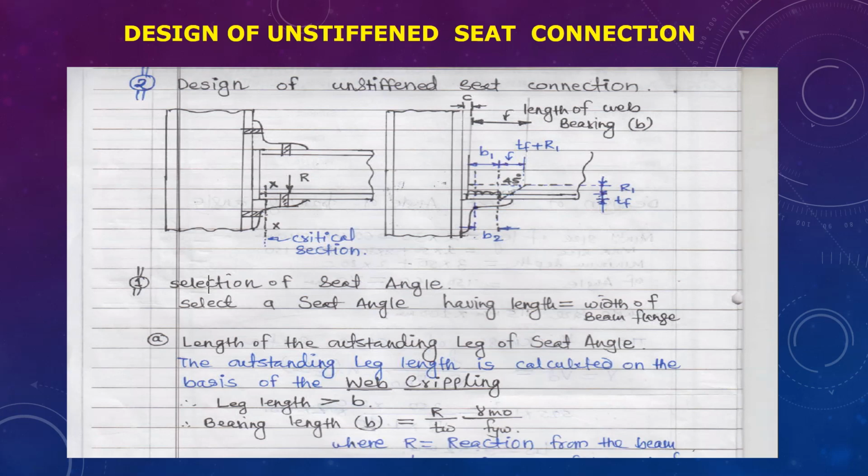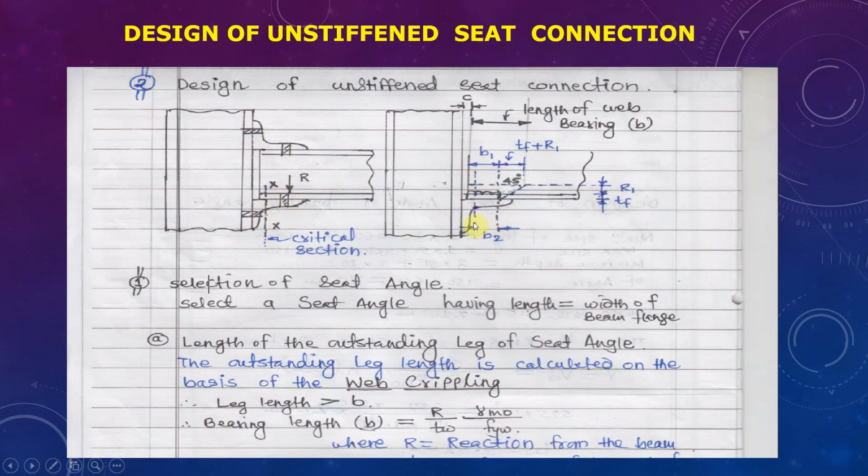Whereas in the design of an unstiffened seat connection, the loads from the beams are transferred to a seated angle, and therefore the seated angle is to be designed to transfer the load. The size of the seated angle, that is this bottom angle provided below the beam, is called a seat angle. Its size, thickness, and length of legs have to be designed based on the load to be transferred. So here in this connection, this is a seat angle, this is a cleat angle. Here this cleat angle is connected to the beam and column by means of bolts. Similarly, this seat angle is connected to the column flange and beam flange by means of bolts.